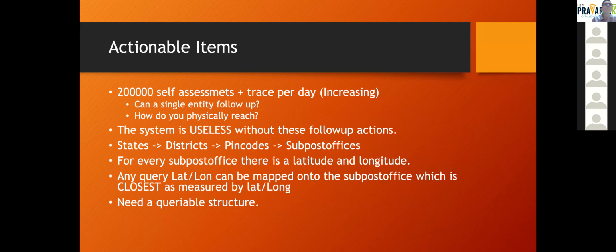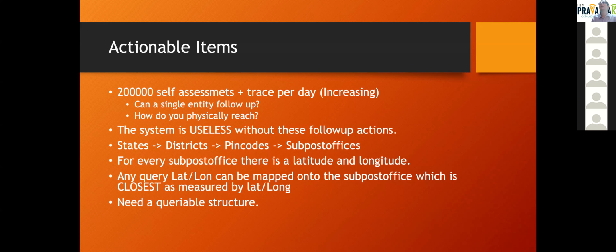Please note that such systems will become useless if you don't have these follow-up actions. Somebody says, I'm having fever. Why is he coming and telling you? He or she is coming and telling you because you will take some action to help him or her out. So these systems will become useless without these follow-up actions. And that is precisely why we took this location information. There were some international institutes who gave us 1 out of 5 or 2 out of 5 because we are taking location information. But they had to revise now because location information becomes extremely crucial here.